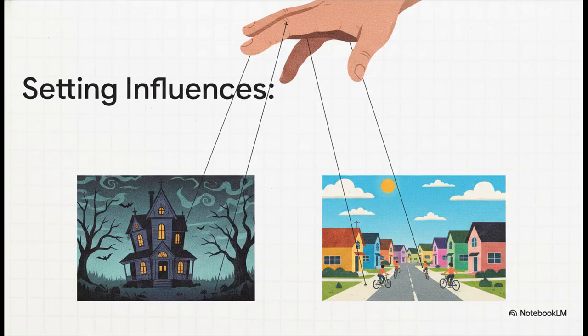Setting is an active participant in the story. It directly manipulates everything from character behavior to the overall mood and theme. Think about it. A story set in a haunted Victorian mansion instantly creates entirely different reader expectations and moods compared to a story set in a modern suburban neighborhood, right? A peaceful summer vacation opens up vastly different possibilities for conflict than a story set right in the middle of a war. Setting is quite literally pulling the strings.